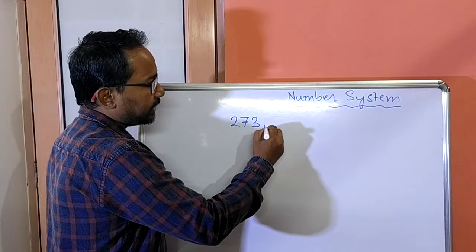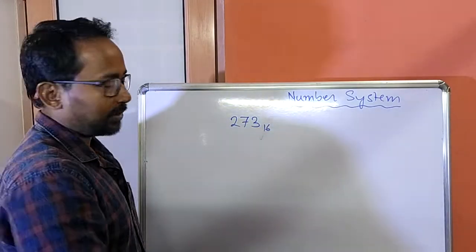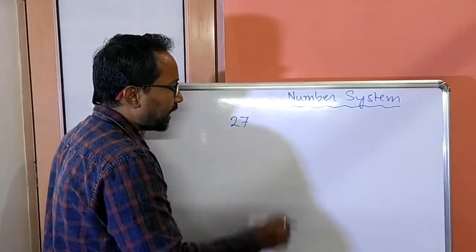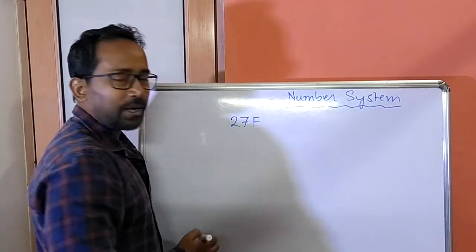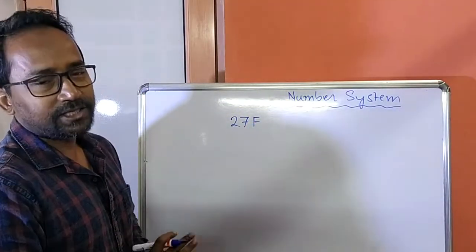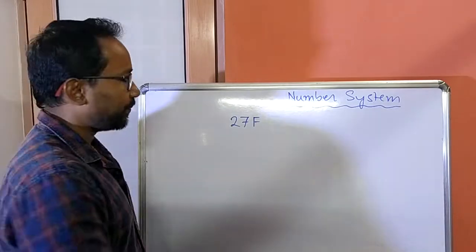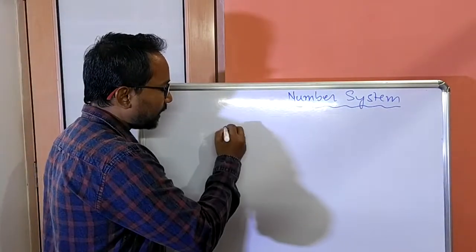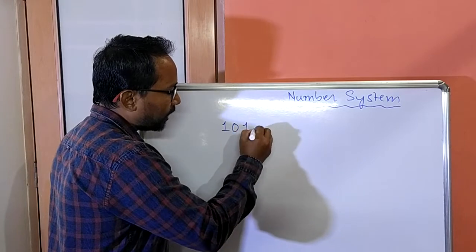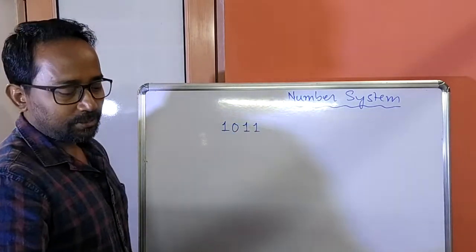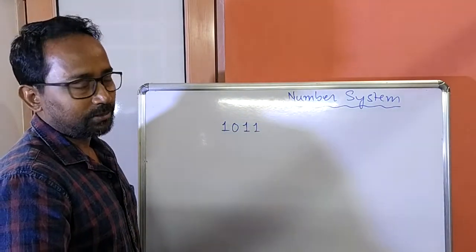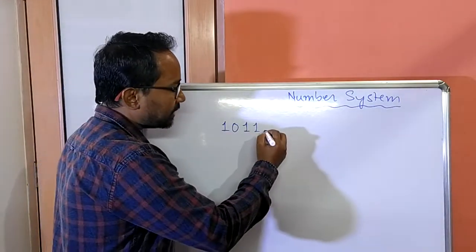But if you find in any number one alphabet is present, it means the number is 100% hexadecimal, because in other number systems we don't have alphabet digits. But think about the situation where the number consists of only 0 and 1, then the number can be decimal, binary, octal or hexadecimal. So to represent the number in any system, you have to write base. So 2 indicates the number is binary number.